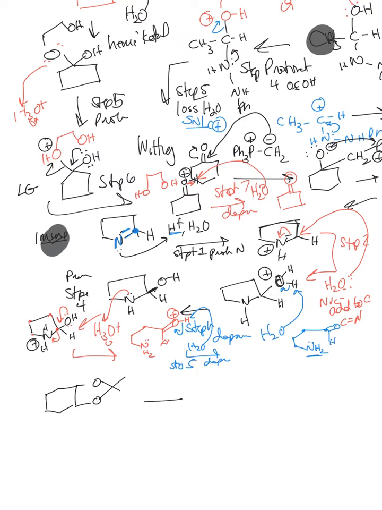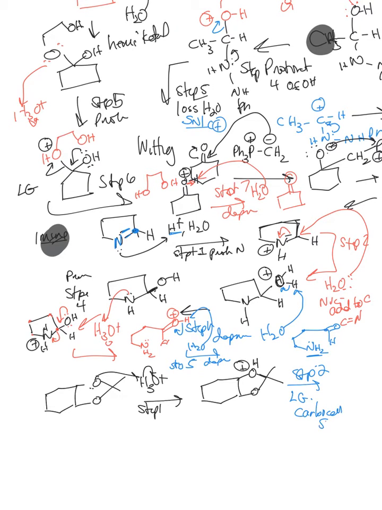Alright, so how does that work? Step 1, you're going to get protonation of the oxygen, because you want that to be a leaving group. And then you get step 2, it leaves and generates a carbocation. These are kind of like an SN1 type reaction. They're acid and water. So this leaves,